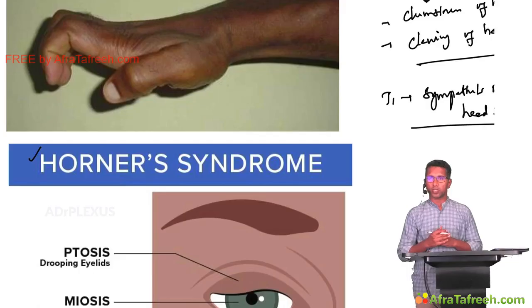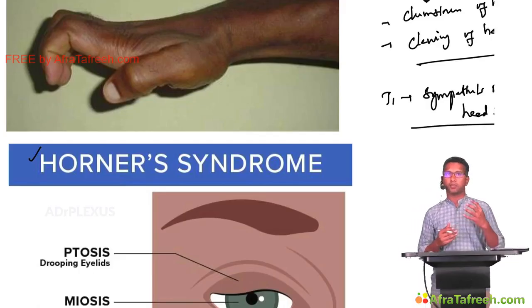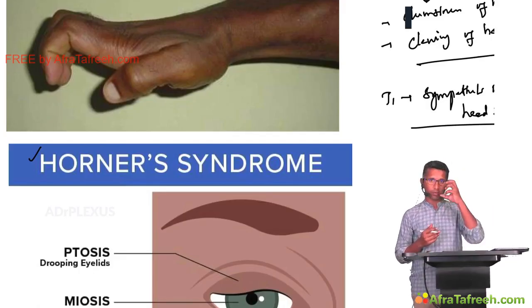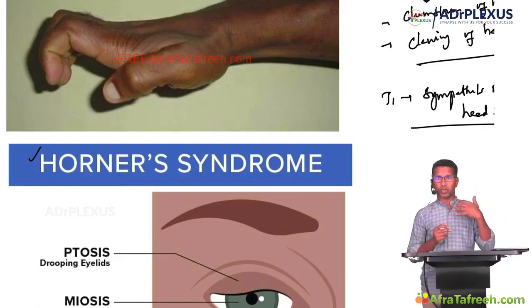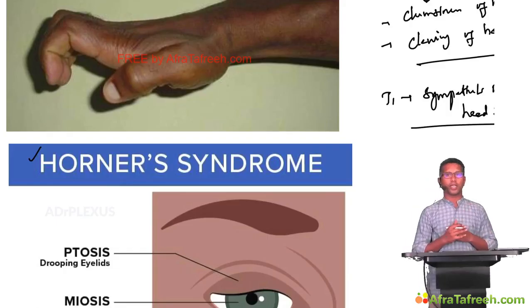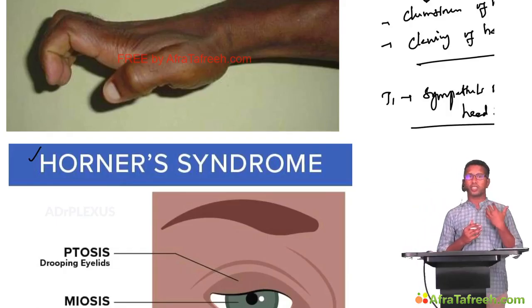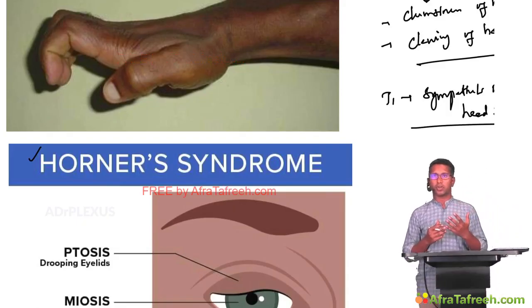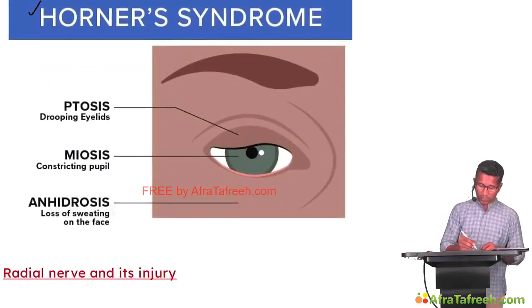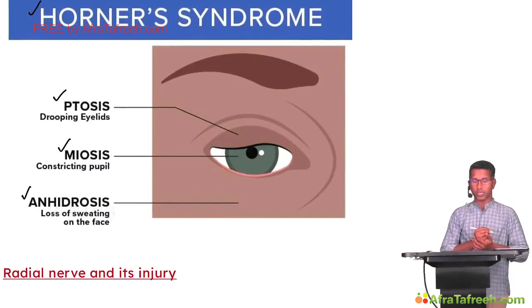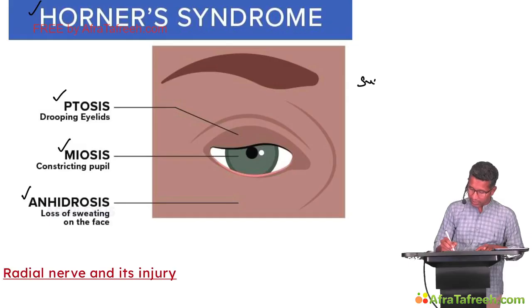Now what happens in Horner syndrome, as we already discussed? Mydriasis does not happen. The pupils will constrict, so the patient will have miosis. The eyelid droops, which is called ptosis. The eyeball sinks in, which is called enophthalmos. There will be loss of the ciliospinal reflex. So whenever a patient has Horner syndrome, the patient will have drooping of the eyelids, miosis, loss of sweating, which is called anhidrosis, along with a sunken eyeball,